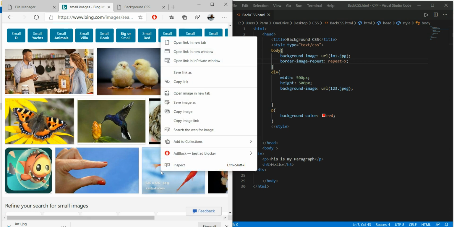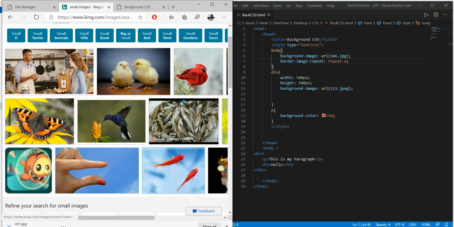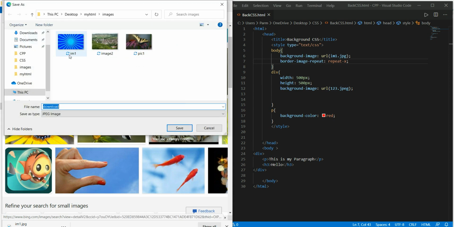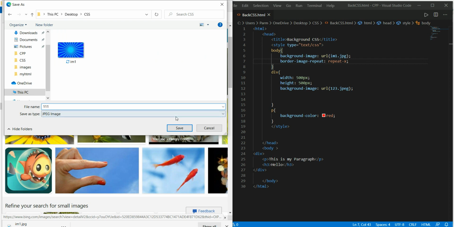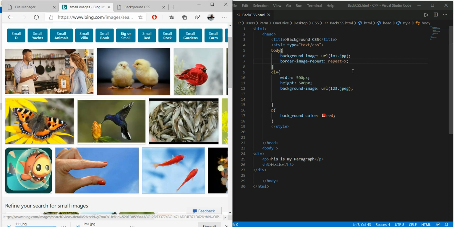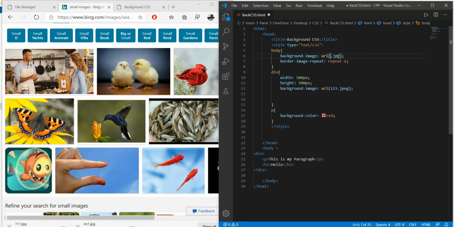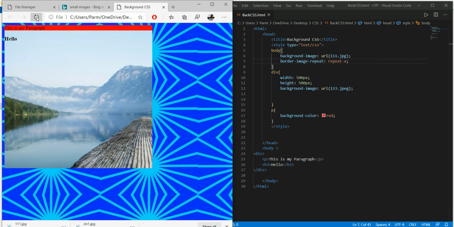I will take this image, so I will save as, in the CSS folder, and here I will save this image with the name of 111 and the extension is .jpeg. Okay, so I'm just using the background image as 111.jpg. Save this, and we refresh this.